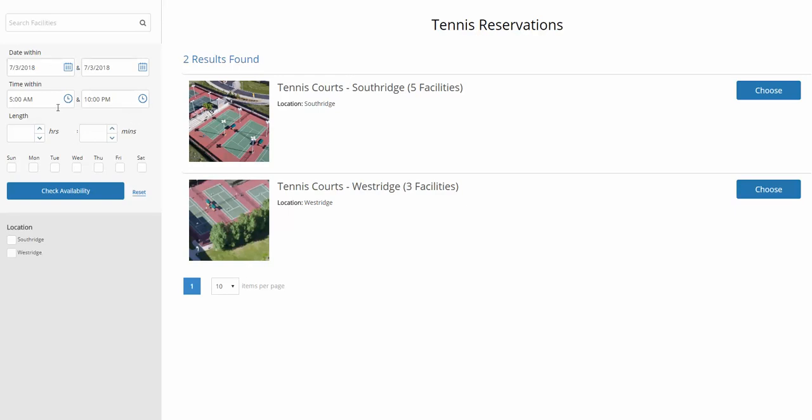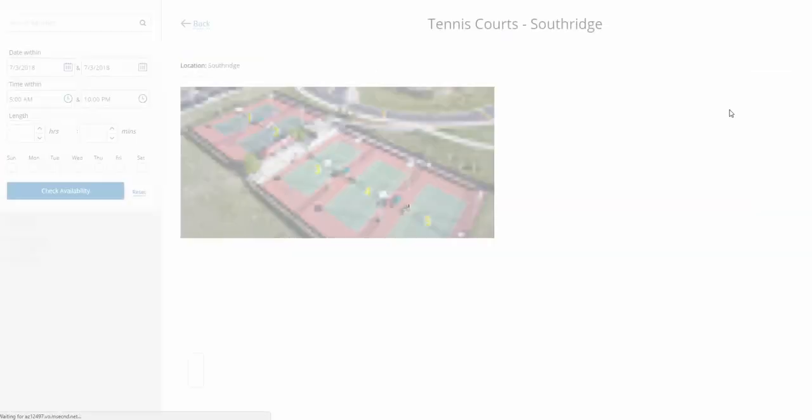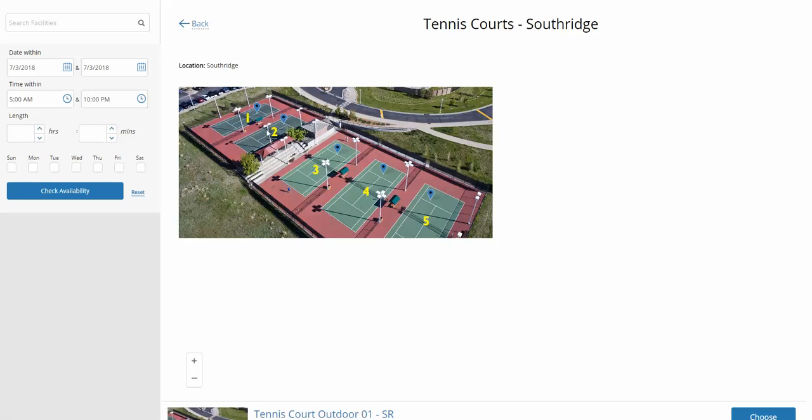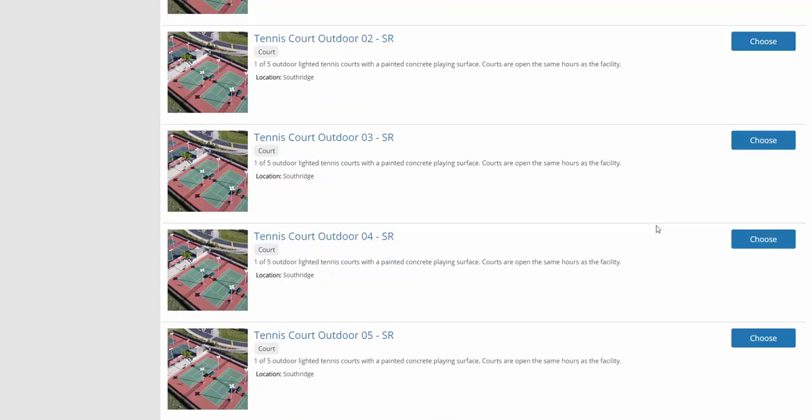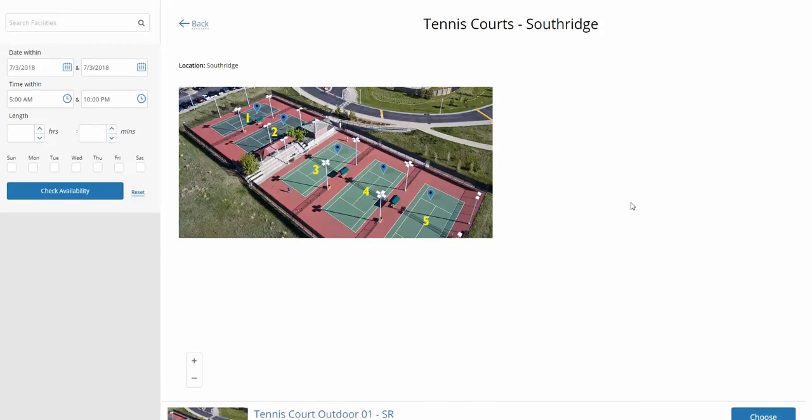We have the advanced facility booking tools here on the left, which allows us to select dates, ranges, time ranges, the length, as well as the day of the week, and then the various location selections here. On the right, we have facility maps for tennis courts at various locations. If we choose one of these, we'll go into the list to see what tennis courts are available. And again, we have facility map here. That is an example